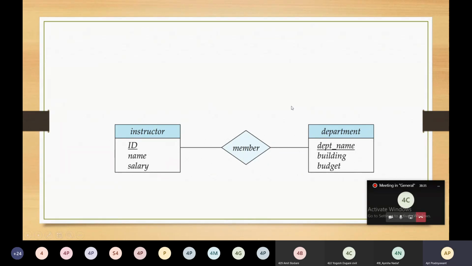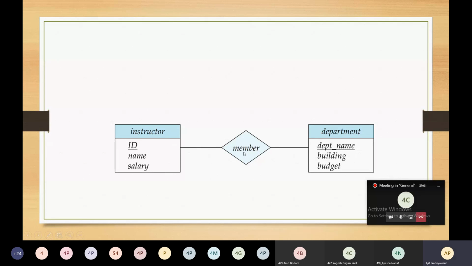So what happened with these entities? There is a relationship between these entities that we have to find out. What is the relationship between instructor and department? Here it is, shown in the diamond box.